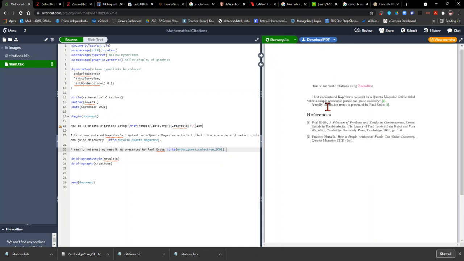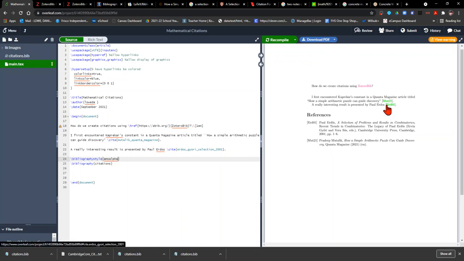And you'll see that I have really interesting information by Paul Erdős, right? And this is listed as 1 with Paul Erdős because it's the first one alphabetically, right? Listed as 2 for Pradeep because it's the second one alphabetically, right? But a lot of times in articles, rather than refer by a number, we may want to refer based on the alphabet to be able to say, hey, who was the author of this? So I can change AMS plain to AMS alpha right down here on the bibliography style, recompile that,